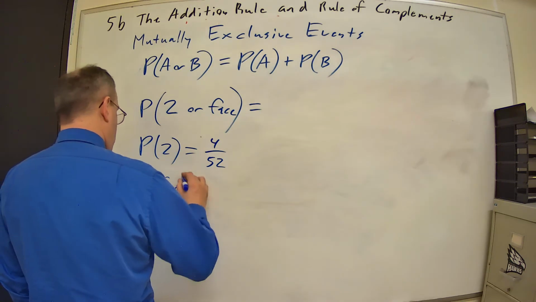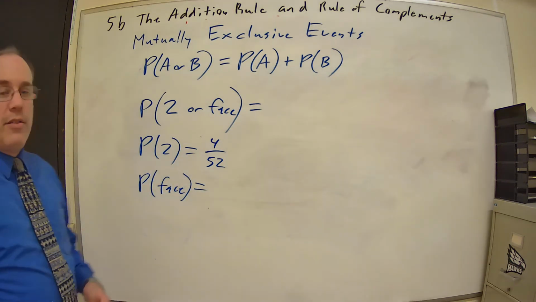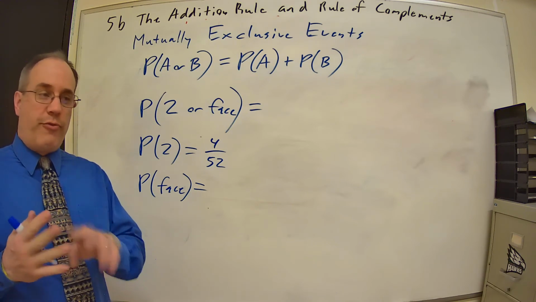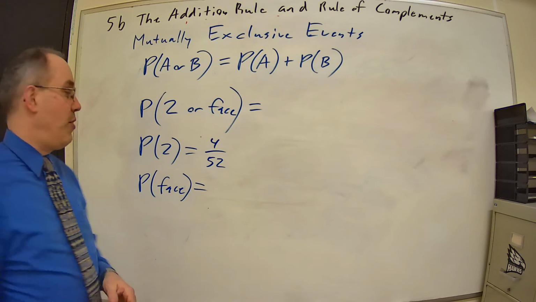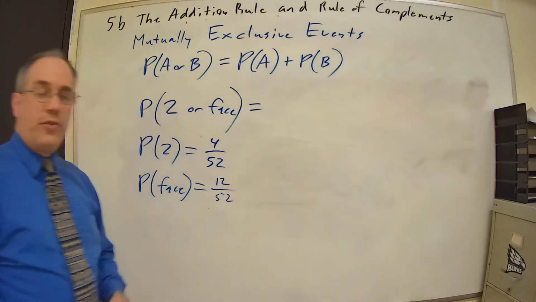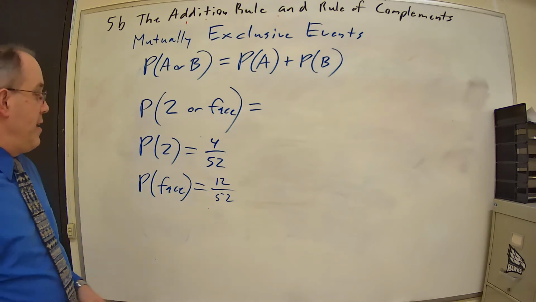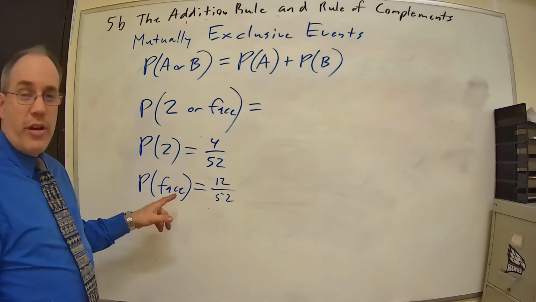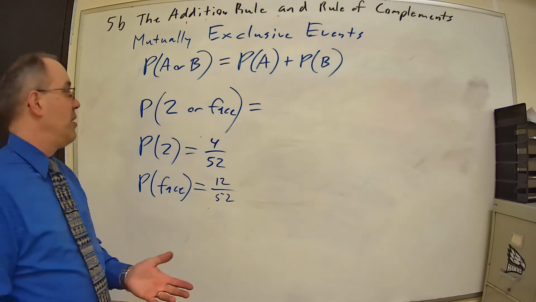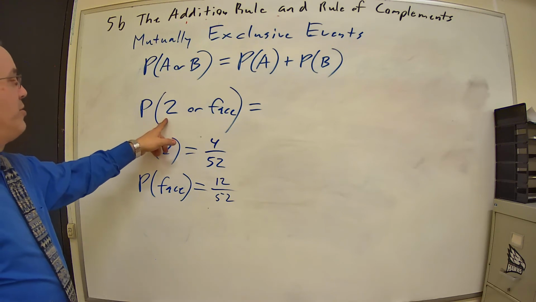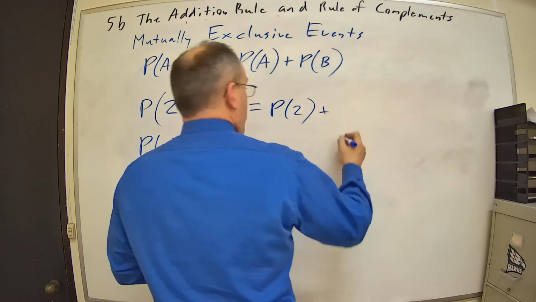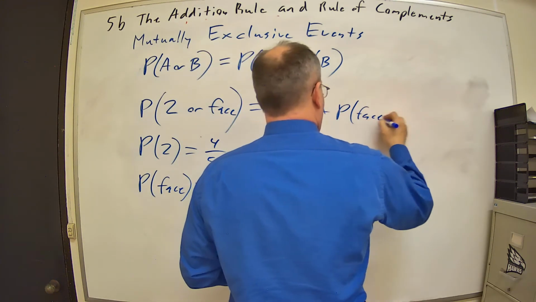Probability of pulling a face card: there are 3 face cards per suit, Jack, Queen, and King, and there are 4 suits. 3 times 4 is 12, so there are 12 face cards in the deck out of the 52 cards in the deck. Now, a 2 cannot be a face card, and a face card cannot be a 2, therefore these events are mutually exclusive. So the probability of pulling a 2 or a face card is equal to the probability of pulling a 2 plus the probability of pulling a face card,